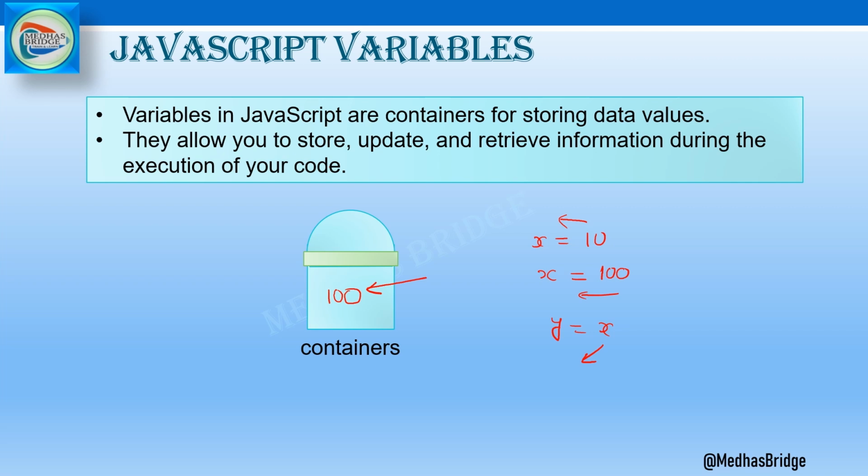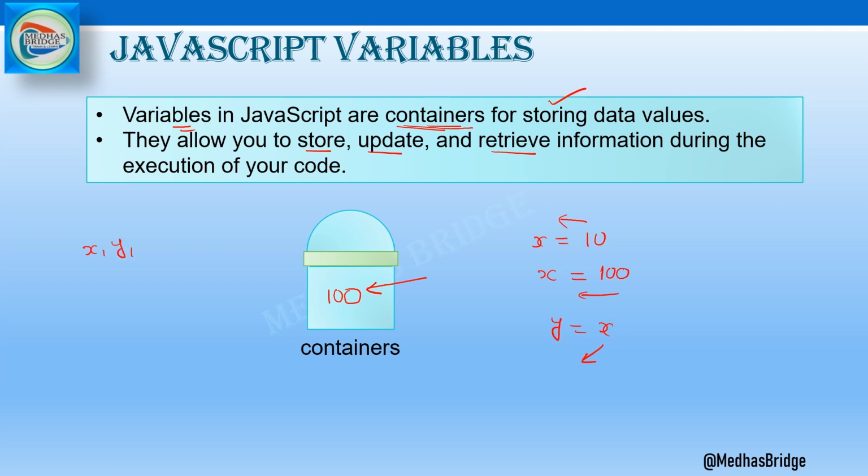So you have to understand variables in JavaScript are known as containers. These containers are used for storing the data. You can store the data, you can update the data, you can retrieve the data. So programmatically, when you deal with these things, it is nice to have variable names like x,